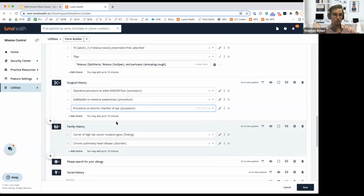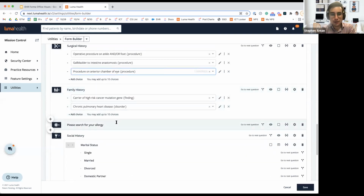Or if you're a more general practice, then you likely want to leave this blank so that your patients can simply put in what their general problem is. I'll show family history in a second on the patient side as well. So this is typically obviously that kind of grid question with the diseases and relations in the columns. But here again, you can simply put in